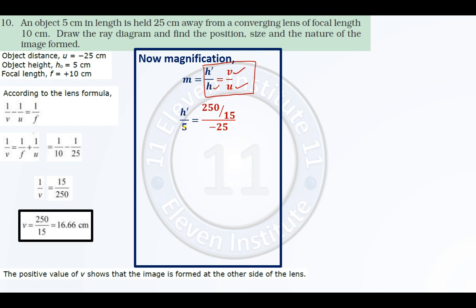So instead of h we have written 5. Instead of v you can write 16.66. Now just forget this step, I will write it over here. You have to understand these things only. See, normal calculation is a different thing and using your brain is a different thing, right? So we want to find h dash. Upon h I will write the value 5. Now if instead of v I write 16.66 divided by u, I will write minus 25, right? What do you think? Is it easy to solve?